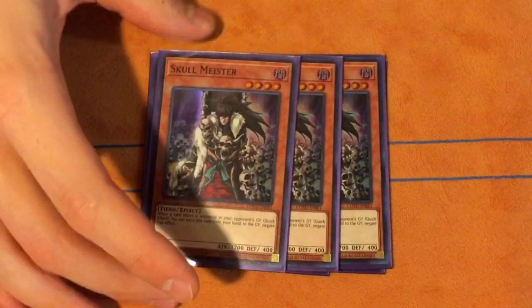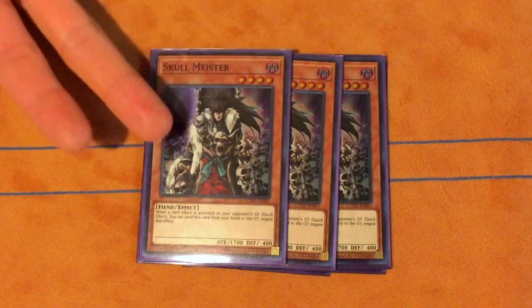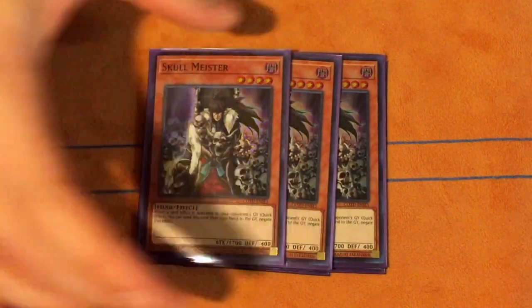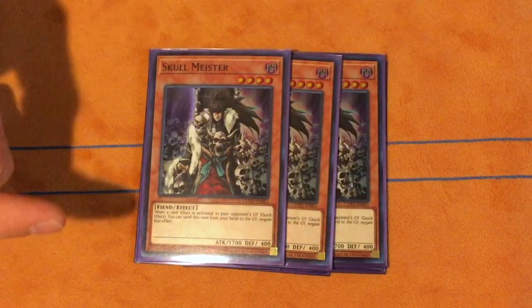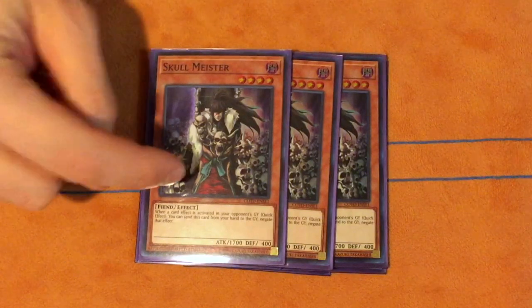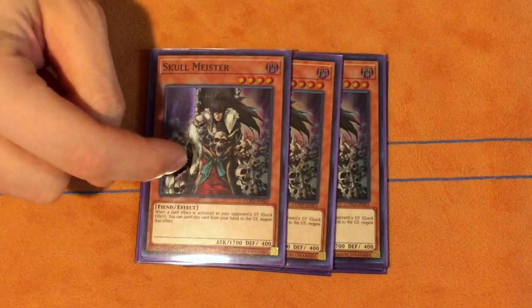This is kind of less than ideal. You could replace this with DD Crow, but this negates the effect Engrave, and with Trickstars and Spirals being probably the best decks in the format, Skullmeister stops the effect to summon from grave with Trickstar Reincarnation, and it